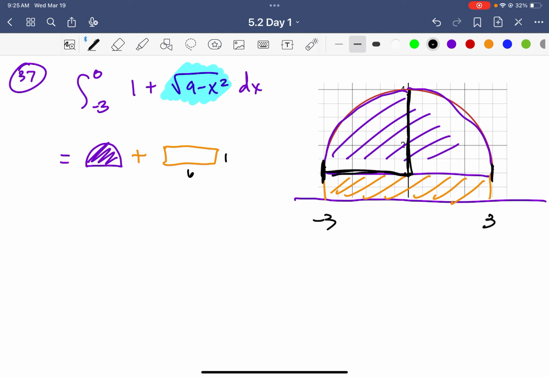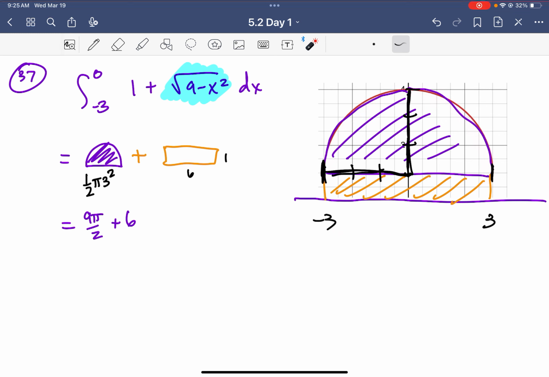It goes from 1, 2, 3 to 4, so it's got a radius of 3. So this is equal to half pi times the radius squared. So it's going to be what? 9 pi over 2 plus 6. That's going to be the exact area under this curve